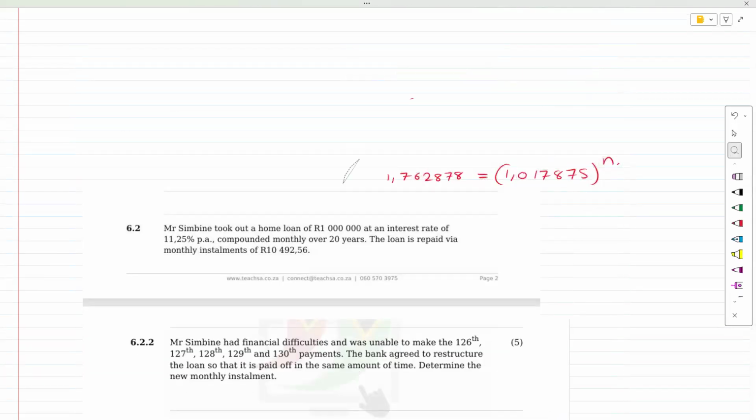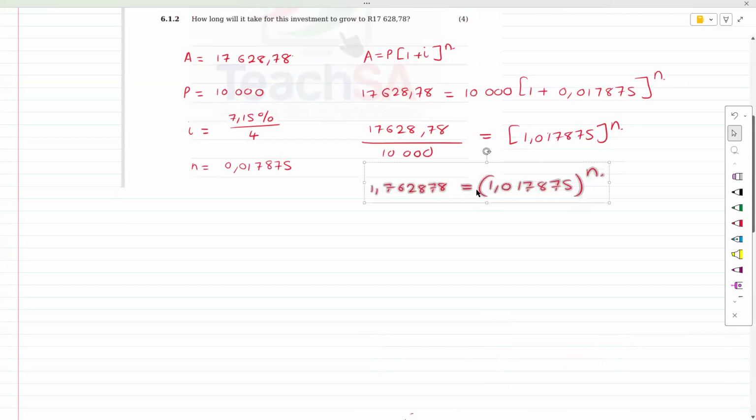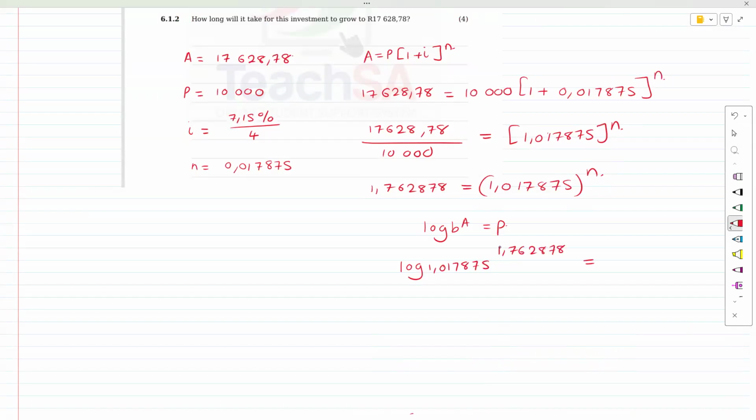Okay, so we have to use logs. Logs would be: log base, answer equals the power. So that's log base 1.017875, answer is 1.762878, and that equals the power of n. And if we did it correctly, which I think we did, 1.017875. Yeah. And this equals